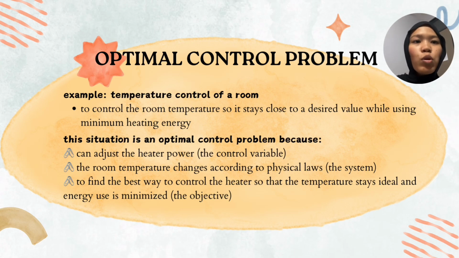So our group chose temperature control of a room as our optimal control problem. In this case, we want to control the room temperature so it stays close to the desired value while using minimum heating energy. This is considered an optimal control problem because we can adjust the heater power, which is our control variable. The room temperature changes according to physical law and that represents the system. Our goal is to find the best way to control the heater so that the temperature remains ideal and the energy use is minimized. So basically, we are finding the most efficient control strategy to achieve the desired temperature with